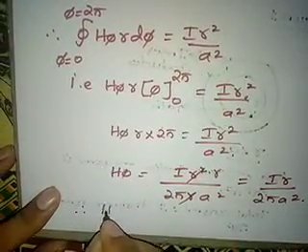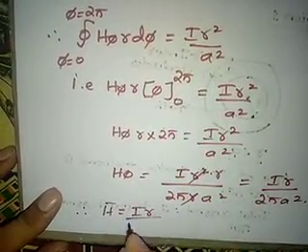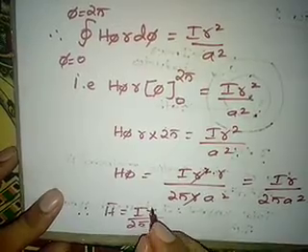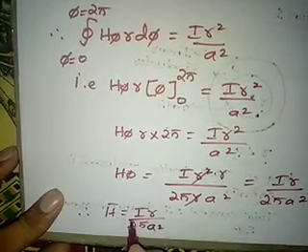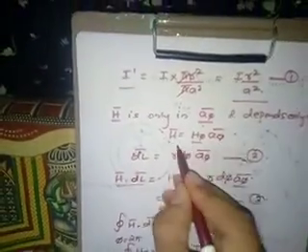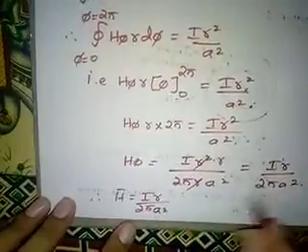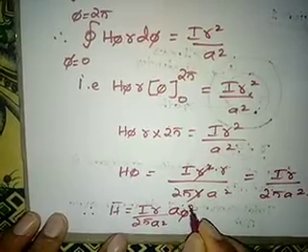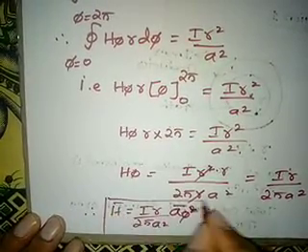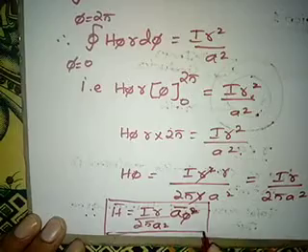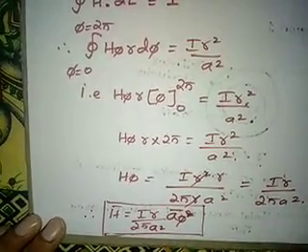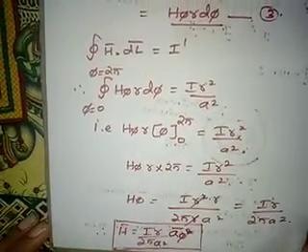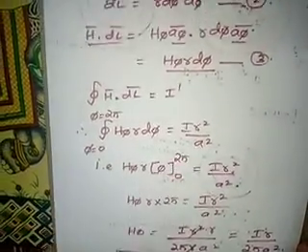Therefore h phi will be equal to I r divided by 2 pi a square. We want h bar. What is h bar? H bar is h phi a phi bar. So h bar is equal to I r divided by 2 pi a square a phi bar. This is the equation for the magnetic field intensity due to the coaxial cable in region 1. We have obtained the equation for region 1. Next we will see region 2.